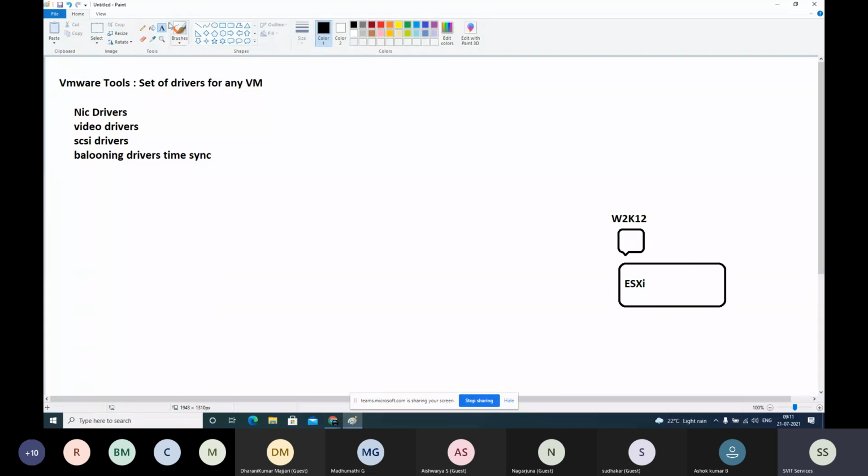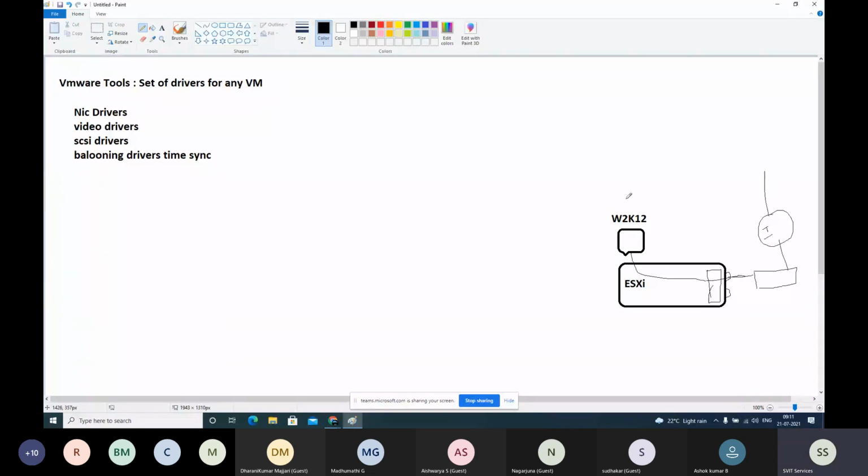Once you install the OS, you need to install drivers as well. So NIC drivers. Even though the virtual machine has a NIC card and it is connected via network adapters to the internet.